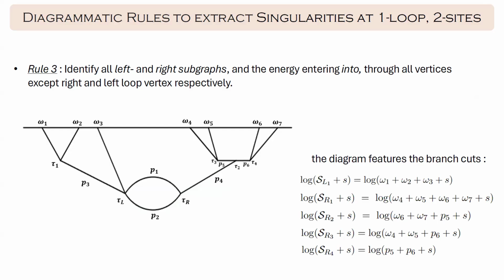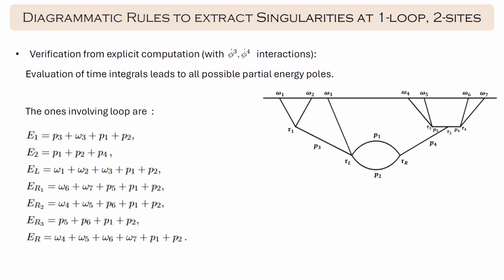So the rule tells you that once you've identified these energies, the logarithms you will produce are log SL plus S and log SR plus S. And once you actually compute this diagram with phi dot cubed and phi dot 4 interactions, I won't show you the expressions, they're very long and ugly. I'll just summarize the story. Once you compute the time integrals, you will produce all possible partial energy poles. The ones that involve P1 and P2 are listed here. And once you compute the loop integrals, you will see that you will produce